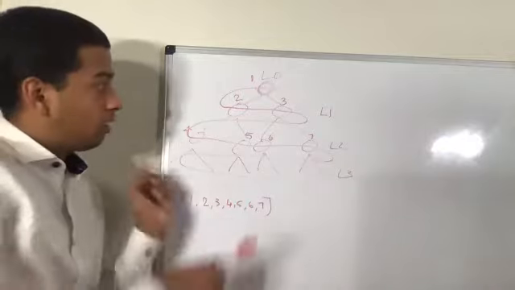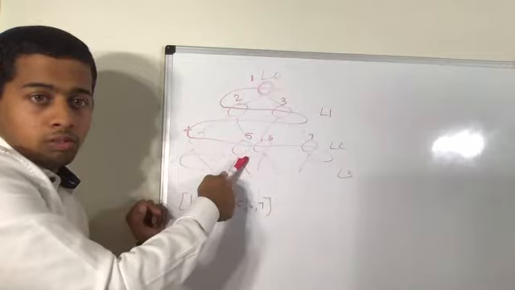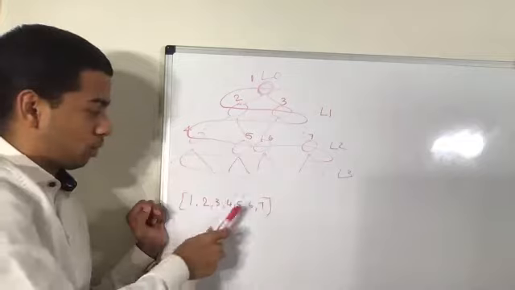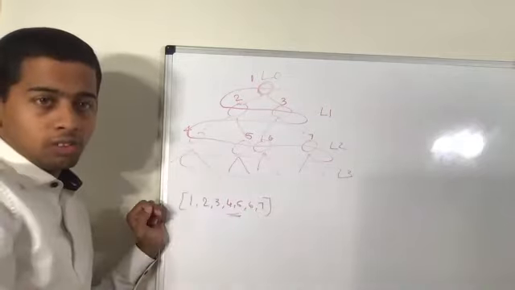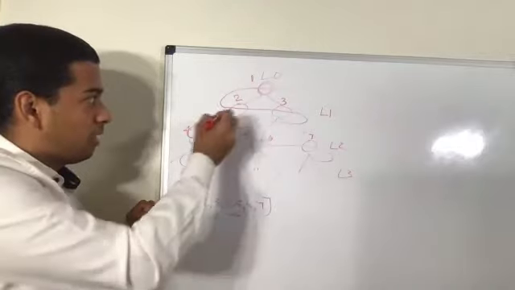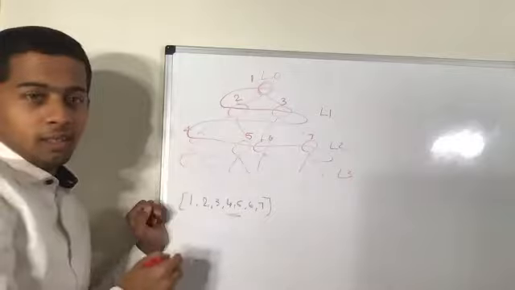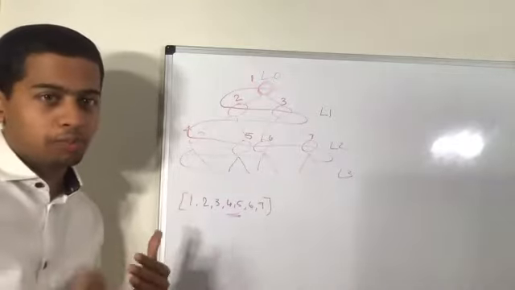Correct? Once I go to the right node, how can I come back and print these two? I cannot, right? Because I have to print 4, 5. How can I print 4, 5 now? I cannot. Let's say I'm printing 4, 5, then how will I go to the root node? Once I have come here, I cannot go back. Do you understand the problem here?